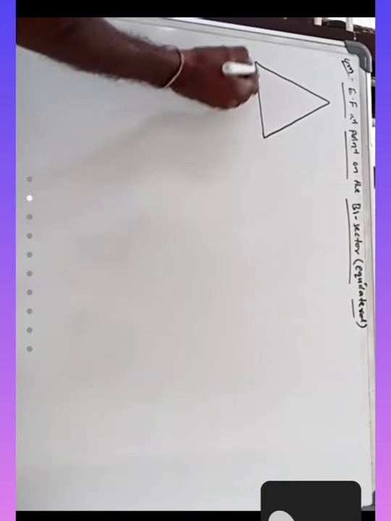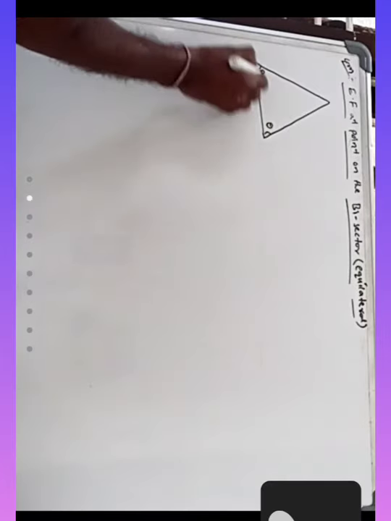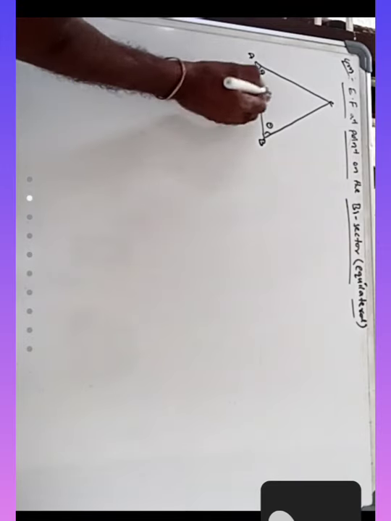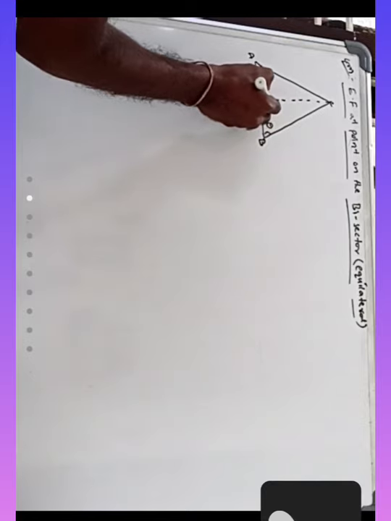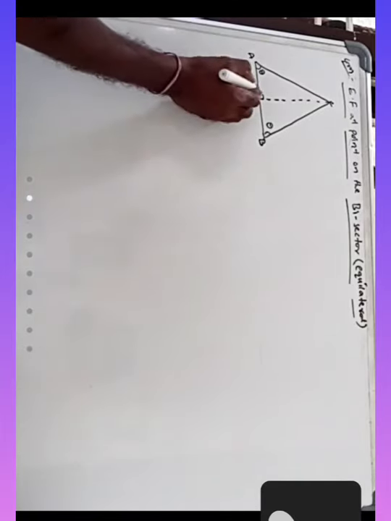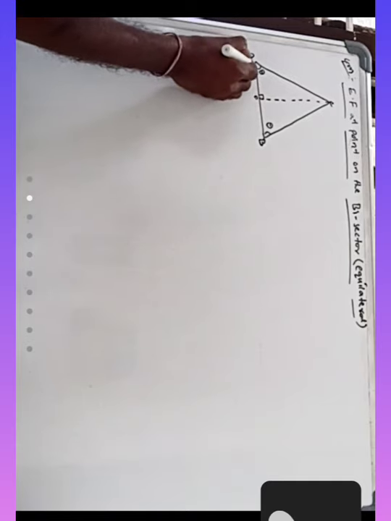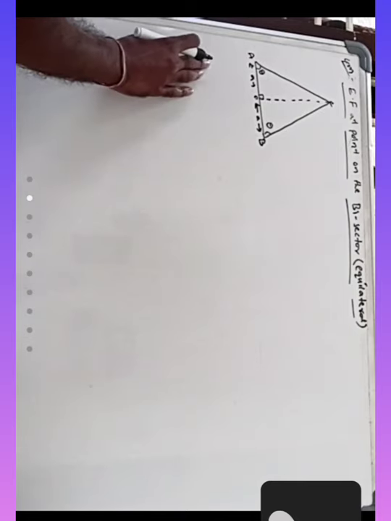So equilateral means every angle is equal. So here is theta, here is theta. Now give the sides A, B, C. Now I am taking the center point. When you draw the perpendicular line, it gives the height of the triangle, and from this point O, the distance is also a, meaning 2a is the total distance.